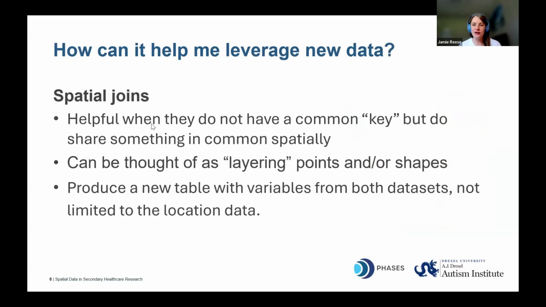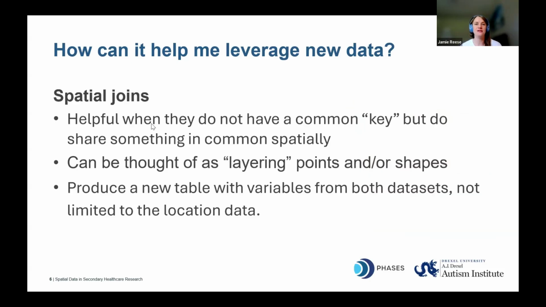All right, so how can all this help you look at new variables of interest? When we're looking at secondary data, a lot of us are used to looking for sources with a common key across data sets that'll let you join it to your own data. So for example, if your data set includes a variable for state and then you find something from a secondary source that also includes state, you can use those to append the variables from the second data set to the first. That is called a table join.